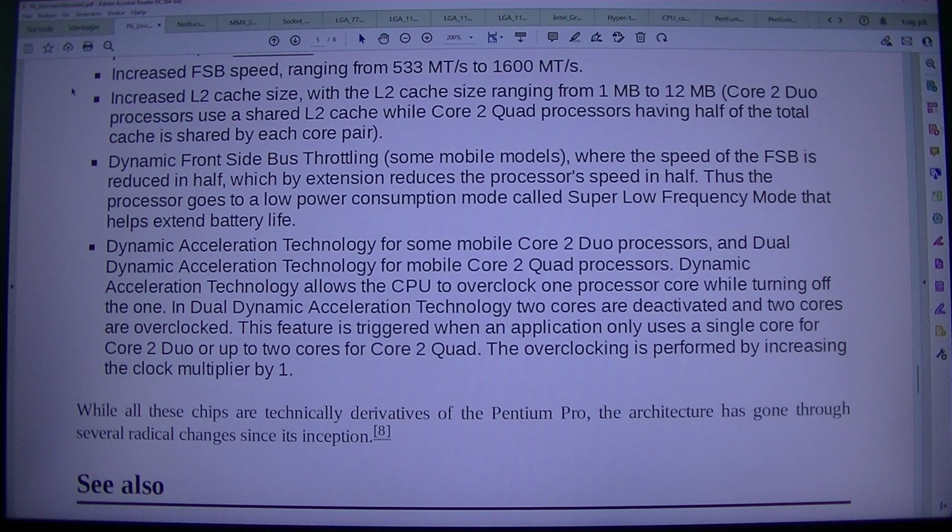Core 2 Duo processors use a shared L2 cache, while Core 2 Quad processors have half of the total cache shared by each core pair. Dynamic front-side bus throttling. Some mobile models, where the speed of the FSB